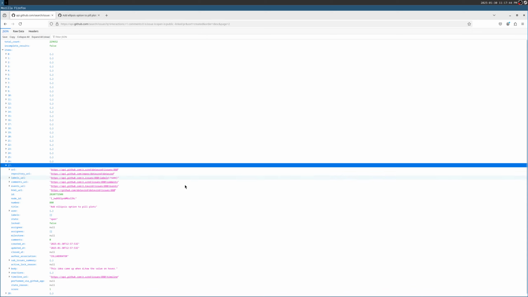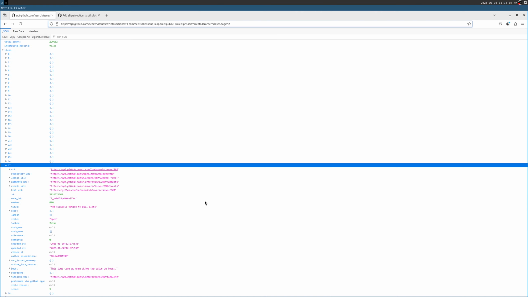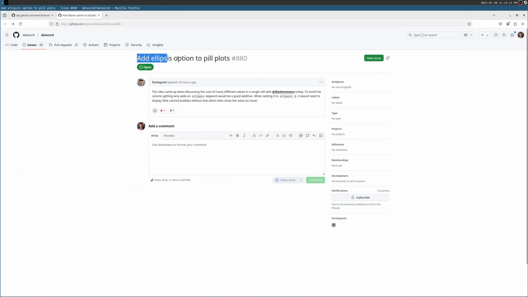Okay, I've wanted to do a random GitHub issue fix challenge for a while, and I've done a couple of attempts so far, but giving this another go. I've been finding issues just by using the GitHub search issue API, and stumbled across this one. It's a data visualization library, and somebody wants the ability to add an ellipsis option to